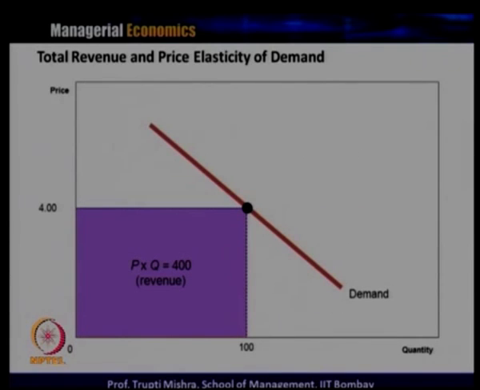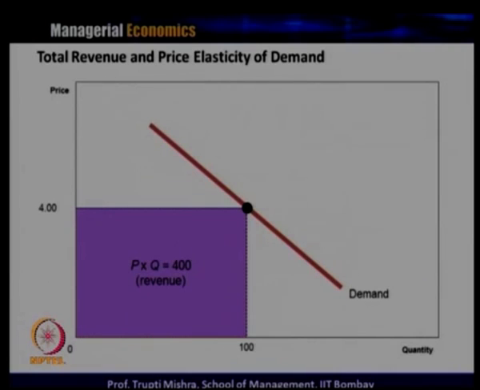Here we have taken a case of a linear demand curve, and how we generally find out the revenue. The revenue is the area under the curve, that is price and quantity. So, if you are taking a specific point and you are finding out the revenue, then how do you generally find it? Price is 4 rupees; you draw a line to the x axis and a line to the y axis, which will give us the corresponding price and the corresponding quantity. Multiplying price and quantity gives us the revenue.